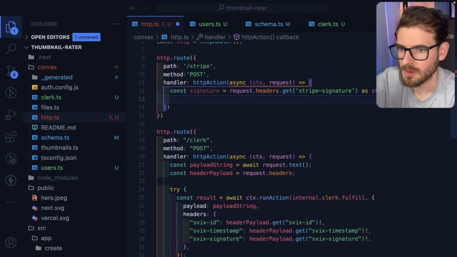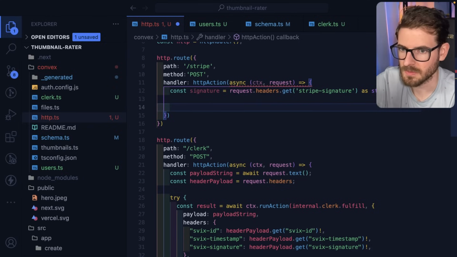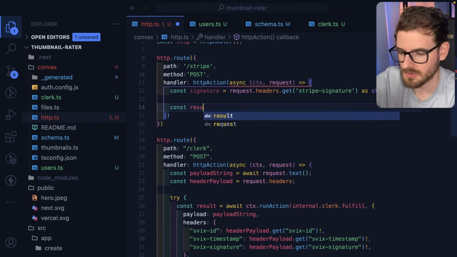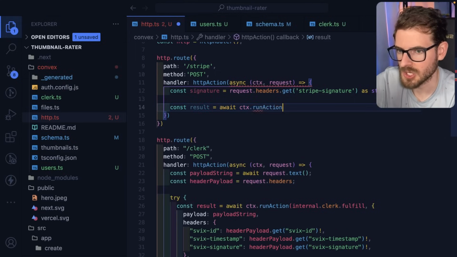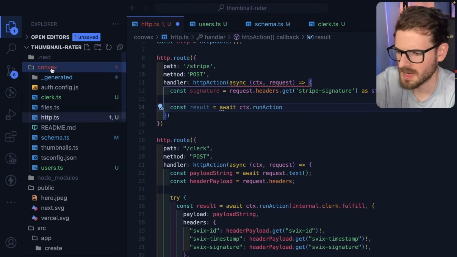All right, and now we want to call a different action to fulfill the Stripe request. So I can say const result, I'll say await context run action, and we haven't created the action yet. So let's just go ahead and make another one here. I'll call it